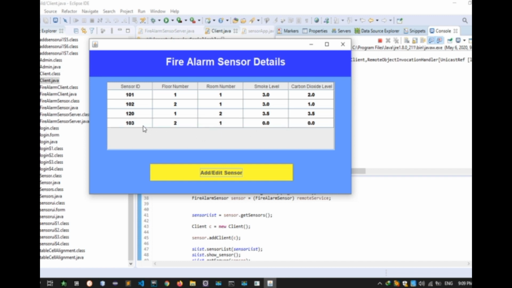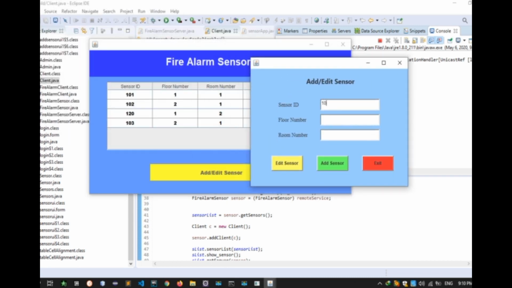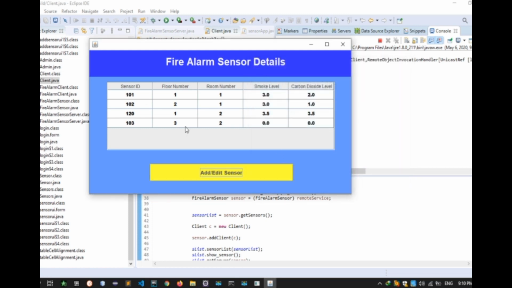Yeah, it's got updated. In here we can see our newly added sensor. Also I can edit the details. Now I'm going to edit the details. For 103, I change the floor number to 3 and the room number to 2. I click edit sensor. Yeah, it's changed in here.